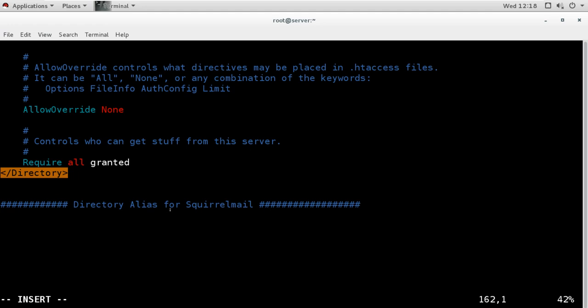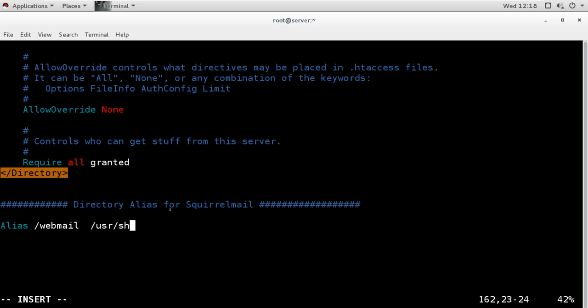So the command for creating the alias is this. The command is alias, then we will mention the alias name. Alias can be a different name, so I will make it webmail. Then we will mention the original path.